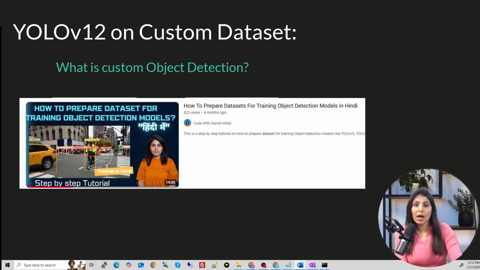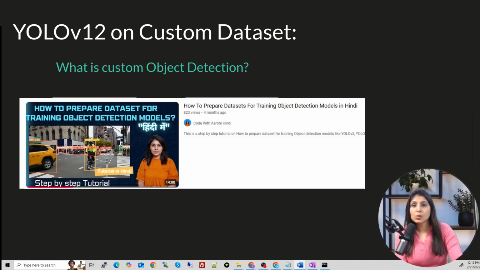In this video, I have explained step by step how to use the LabelImg tool to prepare your own dataset. You will collect the images from the internet and put them in one folder, then you will annotate those images. If you want to know how to perform those annotations, you can check this video.